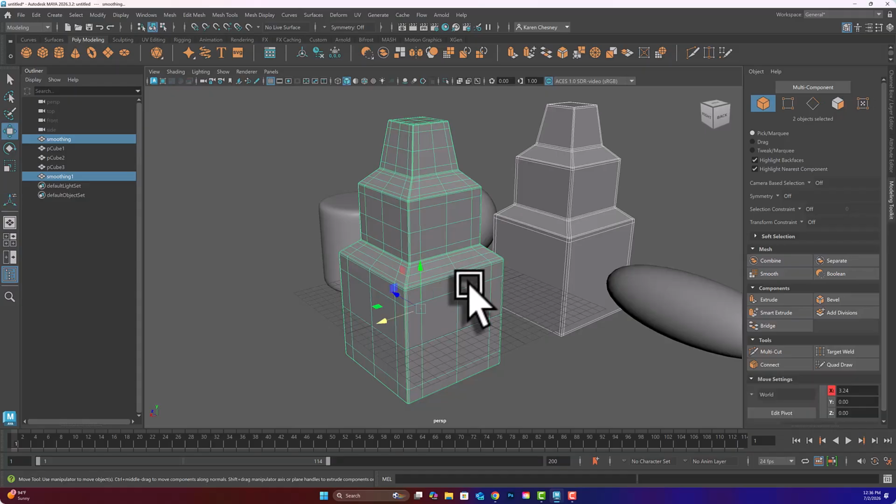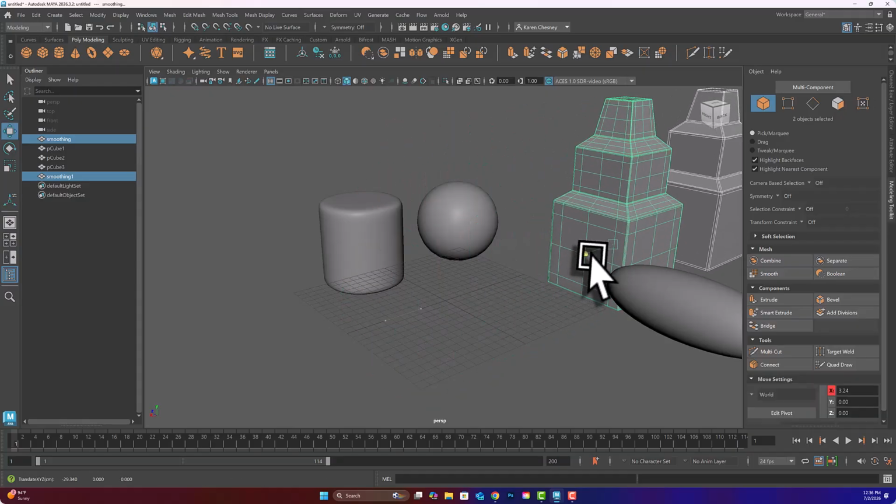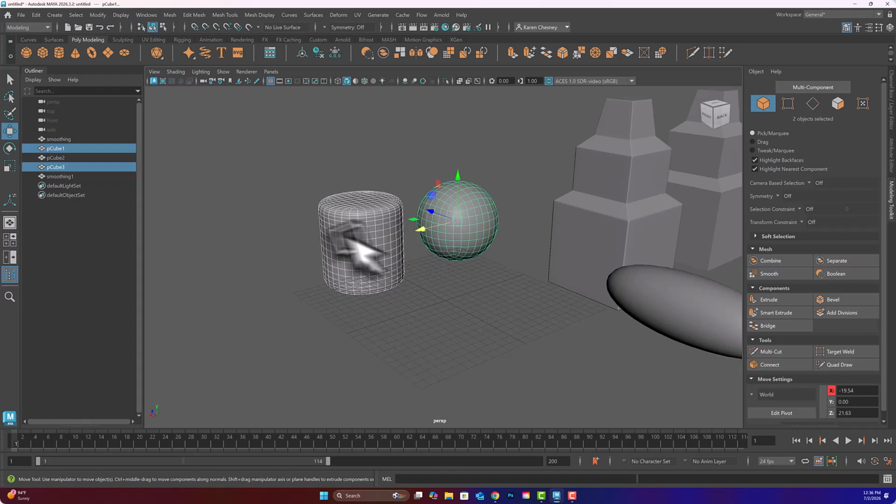Okay. So the key that I want you to think about is in smoothing or beveling, you want to think ahead and make sure that you have done your modeling before you get all fancy and start smoothing. Because now that I've smoothed this, if I'm like, oh man, I need to cut a hole in this or I need to extrude something,